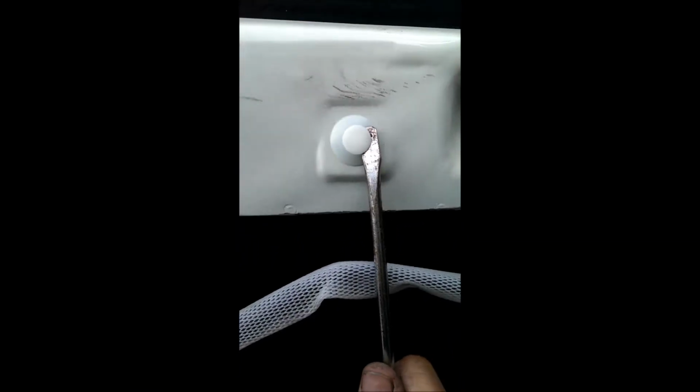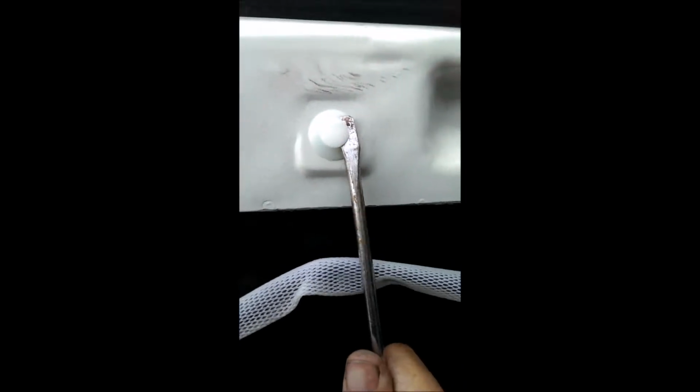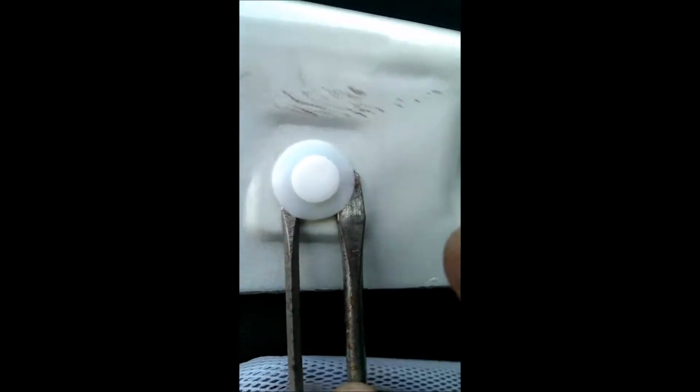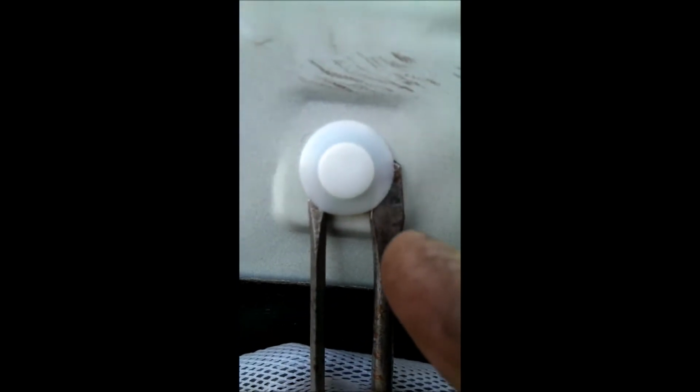The trick to getting these 2 buttons out, you have to lift up here, slide your screwdriver underneath, and then put both screwdrivers. So let me set it up so I can show you. Alright, that's what it's going to look like. You're going to have to pry up on the outside, slide your little one in, slide your other one in,